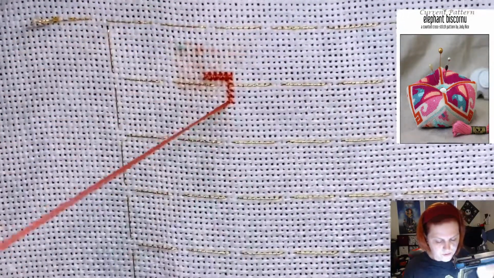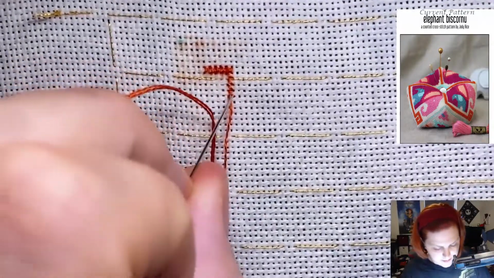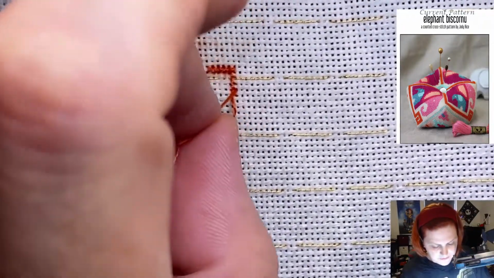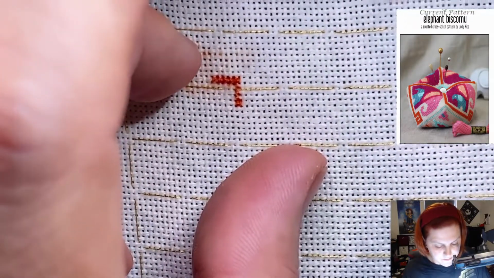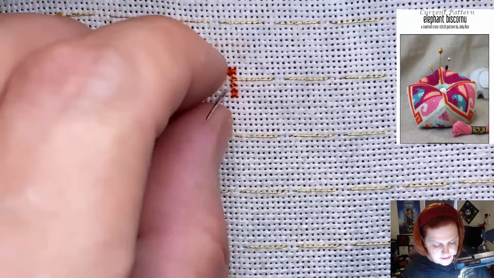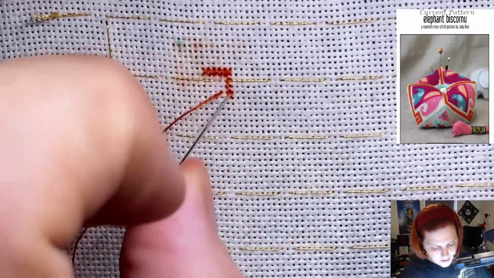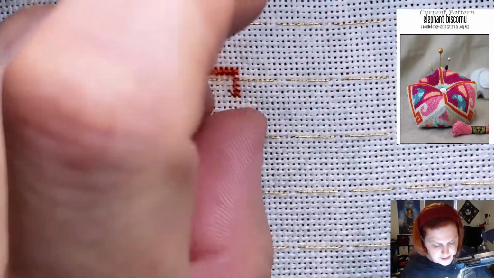So I ended up having to turn that video off, which was a good 20 minutes or so into that video. And so I had to frog out all the stitches I had just done.